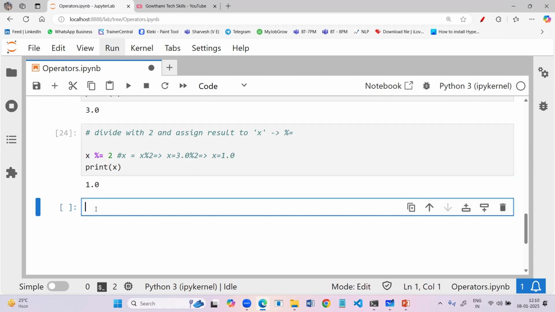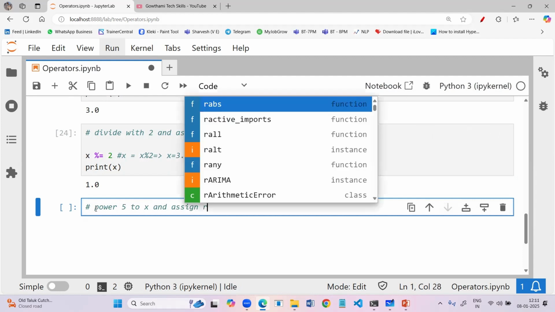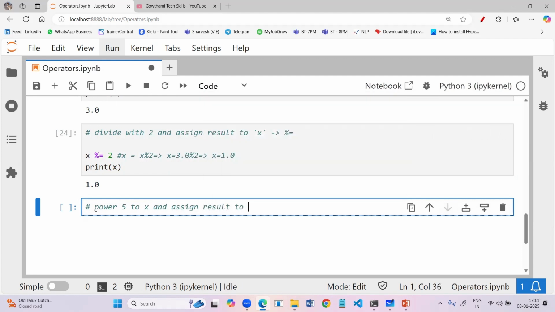Now, I'm going to explain one more operator, that is power and assign. I want to raise x to the power 5 and assign the result to the same variable. I'm using the power and assign operator.